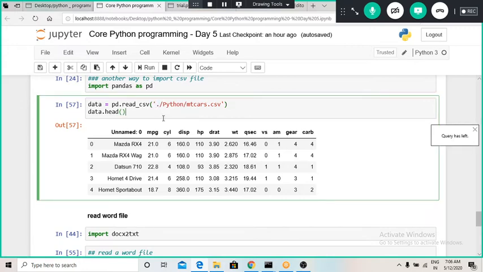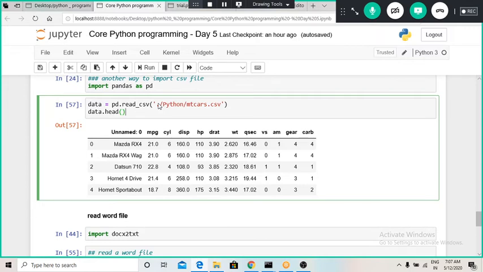Whenever we use this dot slash method, what is its working? It will take whatever files are inside our current working directory.